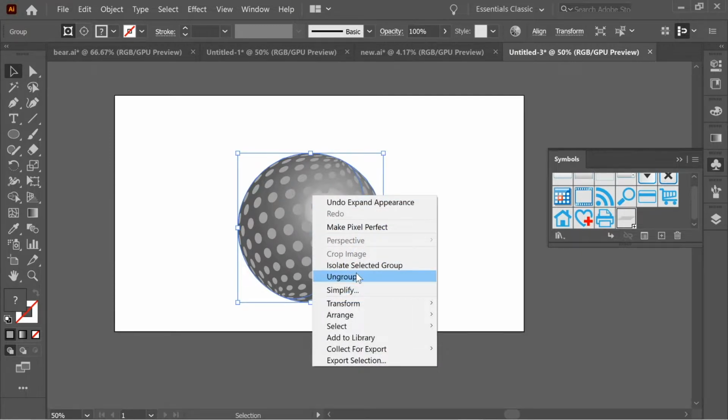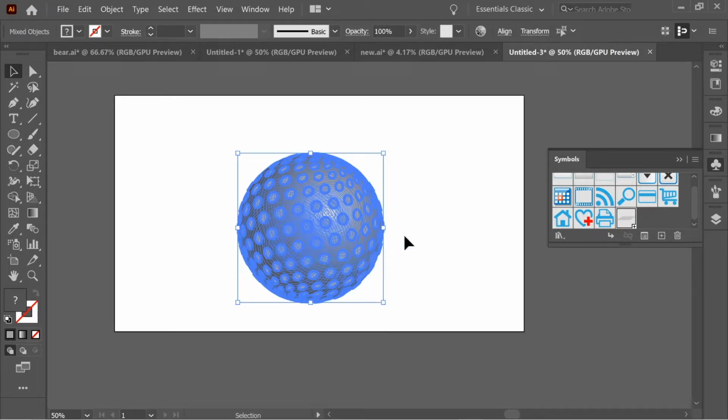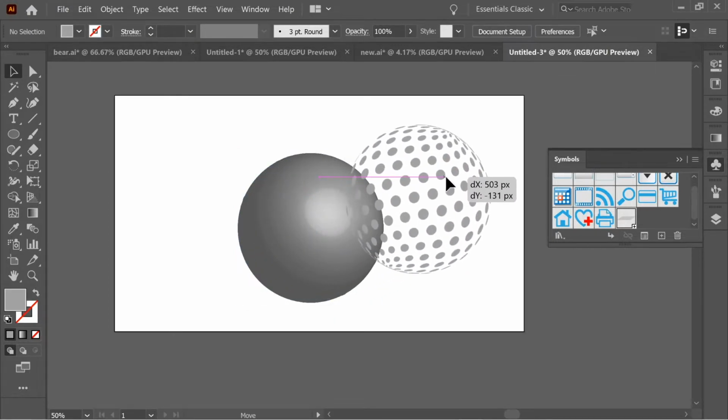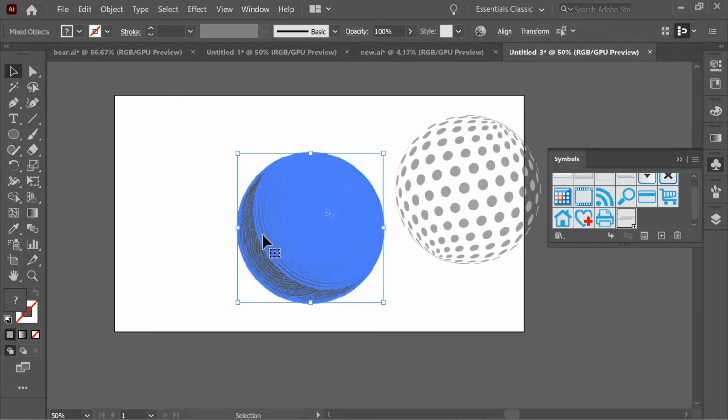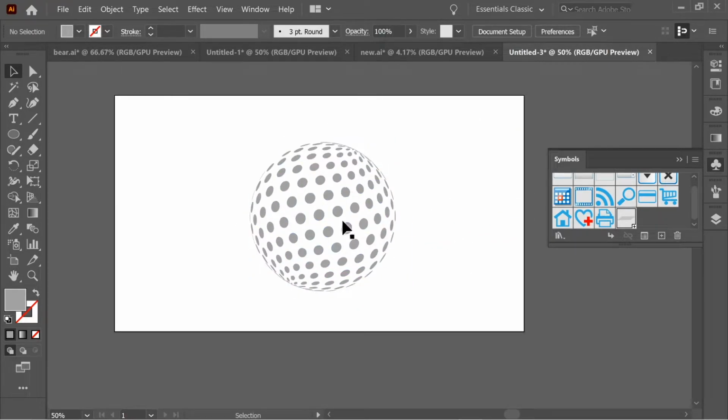And right click on it, Ungroup, again, Ungroup, and then right click again and release Clipping Mask. So now click on the circles here and just drag it here. And delete this one. And place it in the middle and you will have this. So what you can do is click it and right click and ungroup, and now you can edit each circle